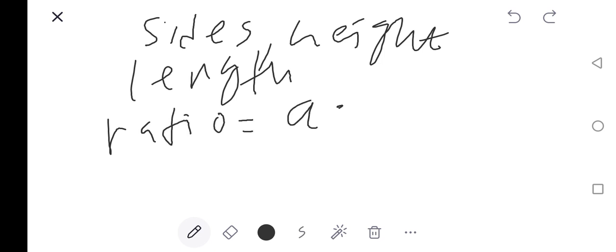So we need to know that the sides, height, length, they are represented by the ratio A to the ratio B. Okay? Area,